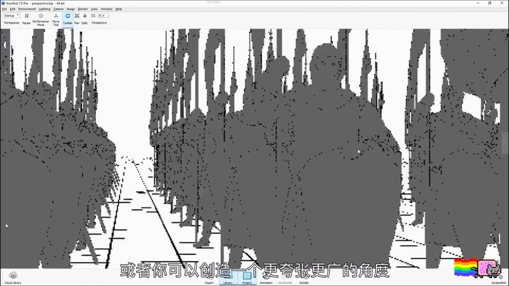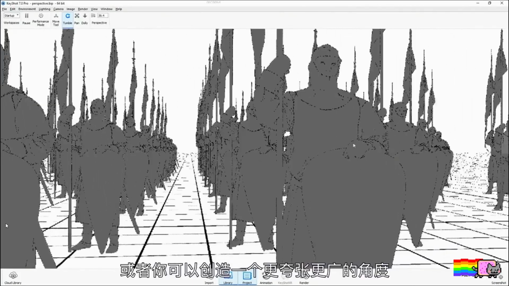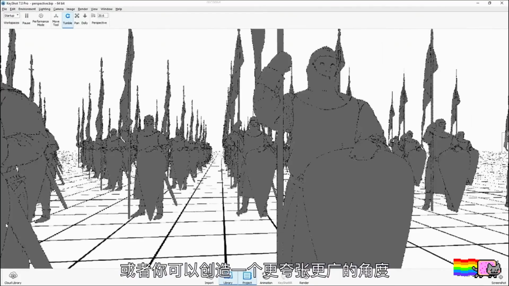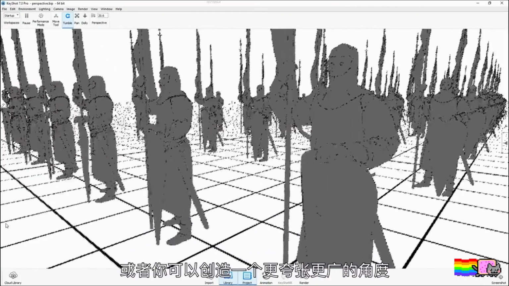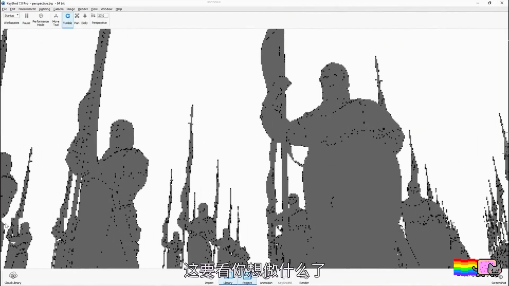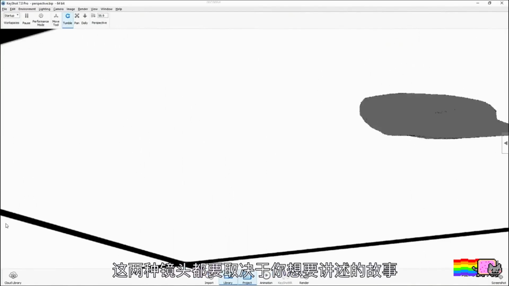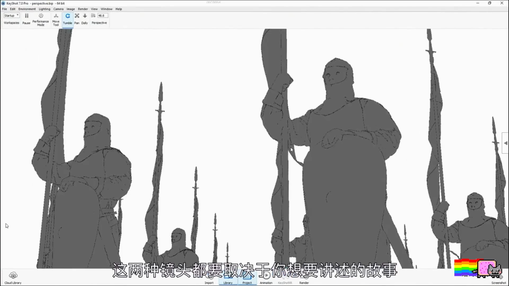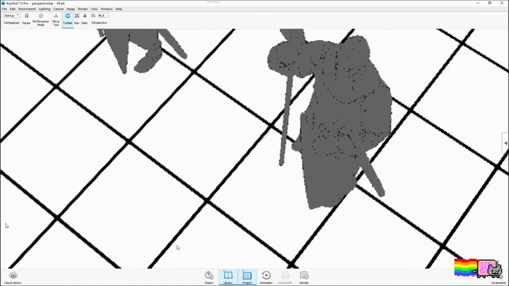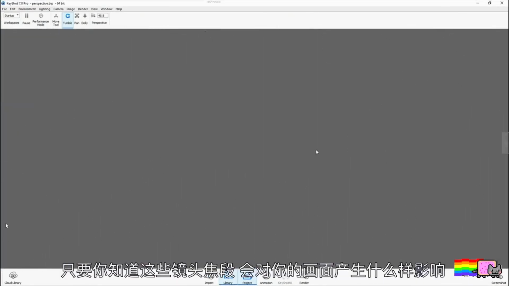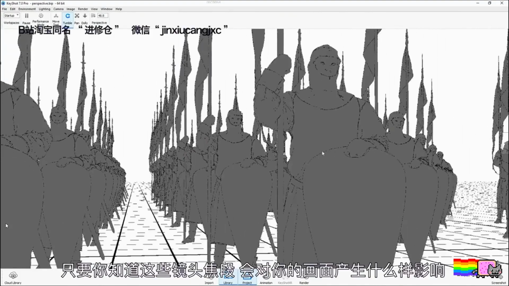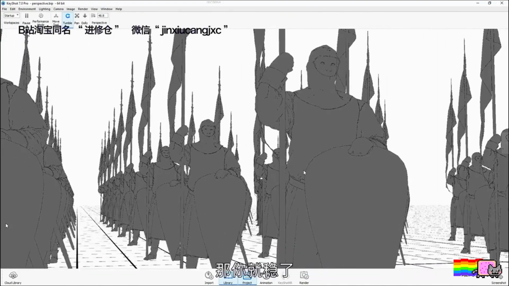Something like this. Or you go and create a much more dramatic, much wider angle. It really depends on what you're trying to do. Both of them pretty much depend on the story you want to tell. And as long as you know what those angles, camera lenses, do to your image, you will be totally